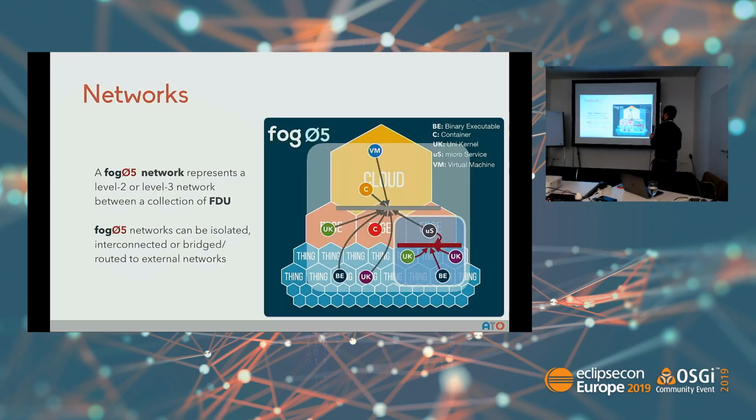And then, of course, between those FDUs, you want to create virtual networks. These virtual networks in FogOS can be both level 2 networks, so just Ethernet networks between the FDUs, or can be level 3 networks. To do this, we leverage existing technology like VXLAN, GRE, and so on. So nothing so fancy. But in this case, you have the possibility, for instance, if you think about this as the unified view by FogOS, you deploy your application, then part of your application will be on the things, part on the cloud, part on the edge, and then you can just interconnect them and make them talk.